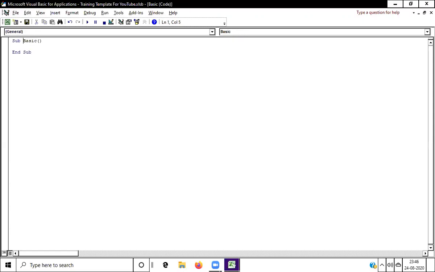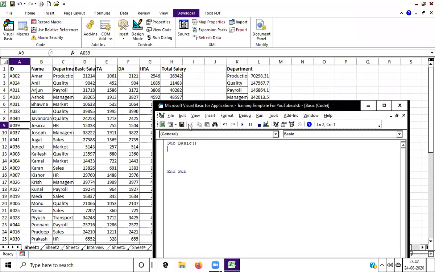In a single word, I can know what I am going to cover in this macro. So the first thing I want to know is how we can activate any of the sheets as per our convenience. First, I'm going to put a heading here: Activate Sheet. This is the heading. If I put a single quote here, that means this is not code. This is a heading.